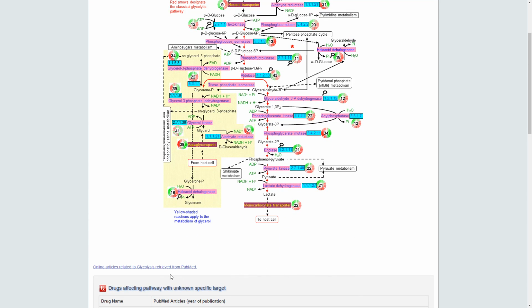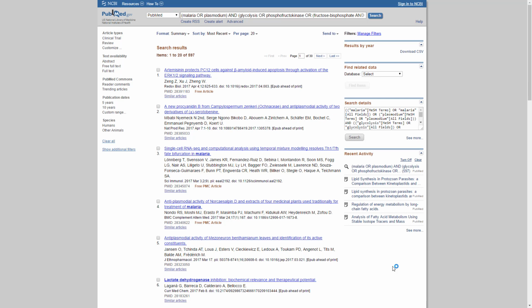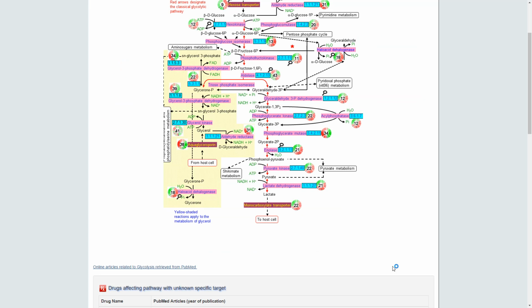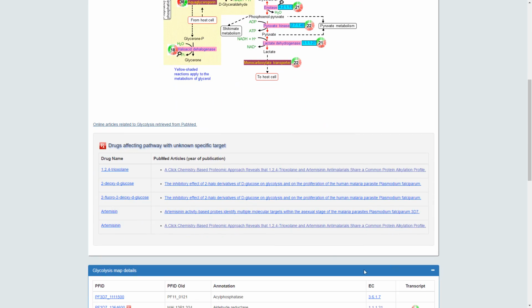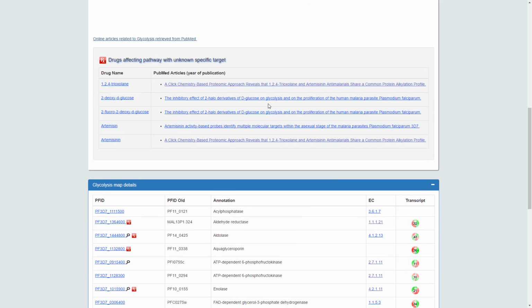At the bottom of the map, you see a link to PubMed, and this will give you all the articles that are related to glycolysis in Plasmodium falciparum, arranged by descending order. And next comes a collection of drugs that affect the pathway as a whole without a defined target, and under it